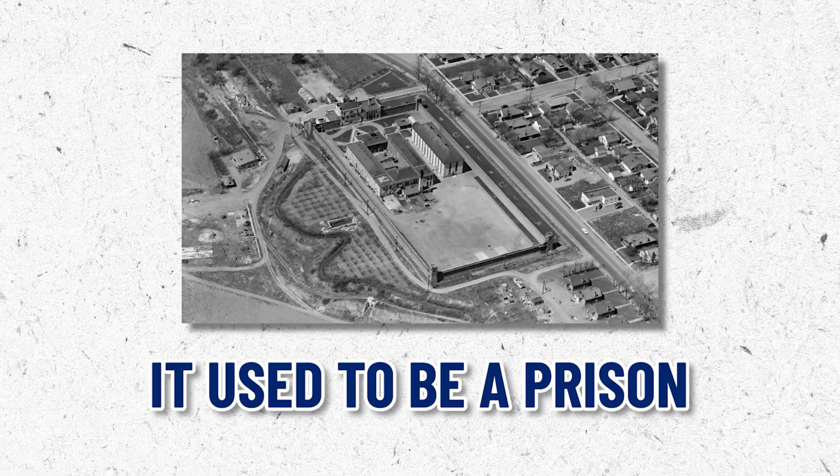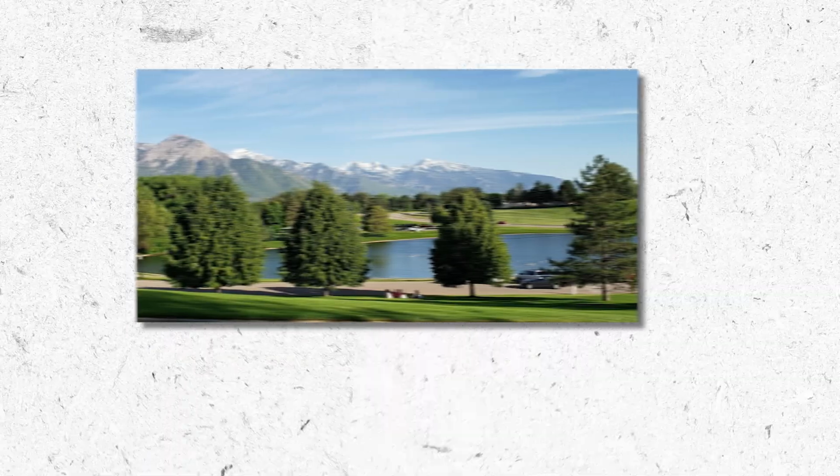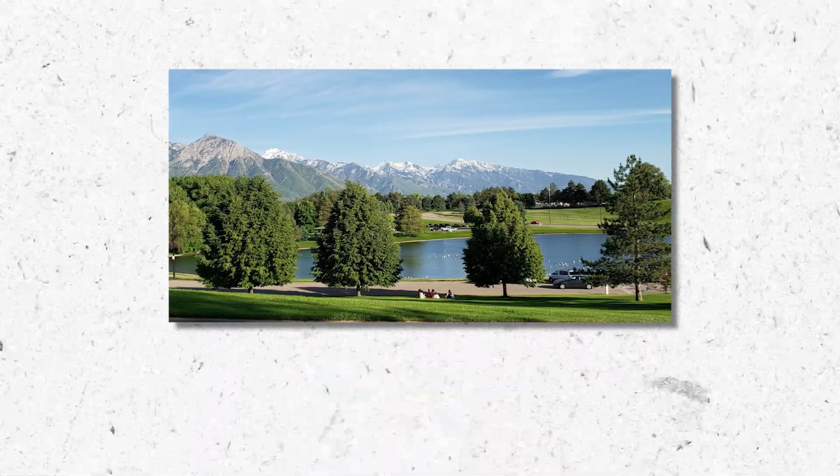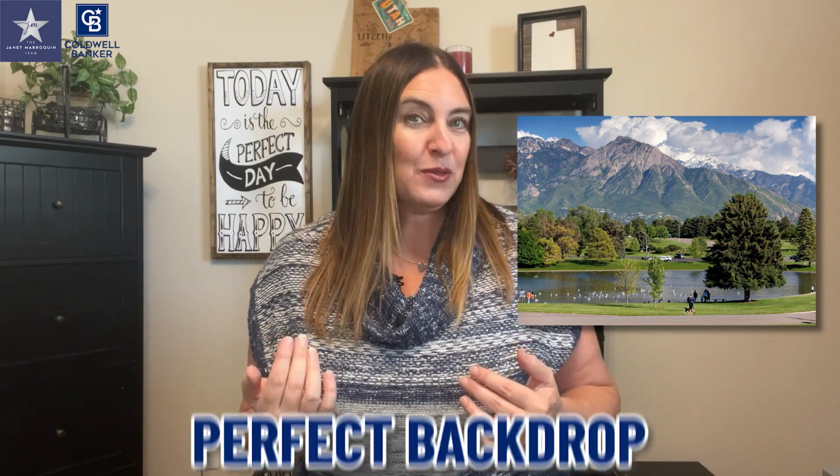It used to be a prison a long time ago, and now it's like the jewel of Sugar House neighborhood. Spanning over 110 acres, this park is a year-round favorite for the locals. Whether you're in the mood for a jog, a picnic, or some winter sledding, this park has it all. Plus, the views of the Wasatch Mountains make it a perfect backdrop